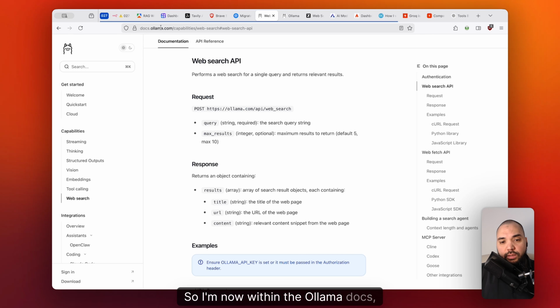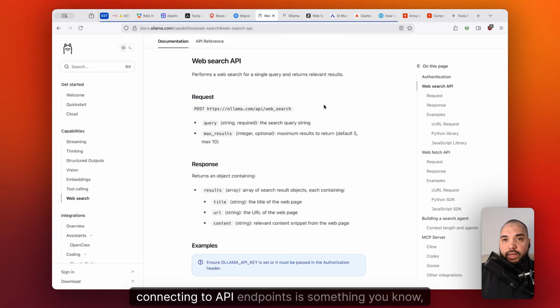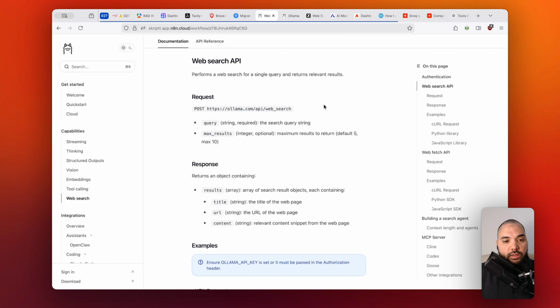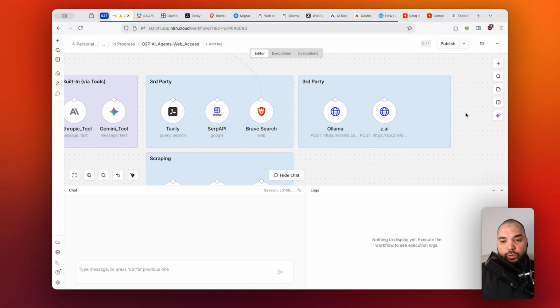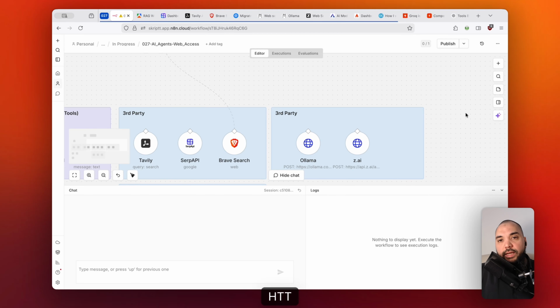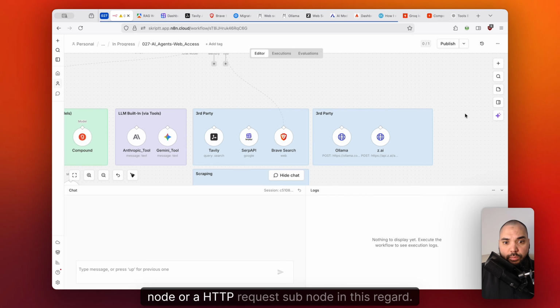So I'm now within the Ollama docs, as you can see. And within their documentation and their capabilities, they give you a web search tool that you can use, which has its own dedicated API endpoint. And connecting to API endpoints is something quite basic within n8n, something that you can do quite easily. And what you need for this would just be to use the HTTP request node or HTTP request subnode